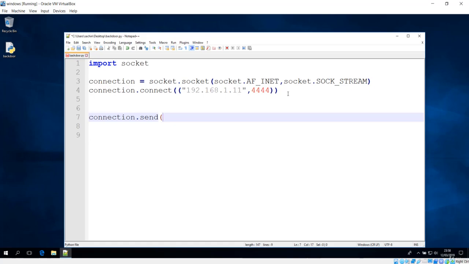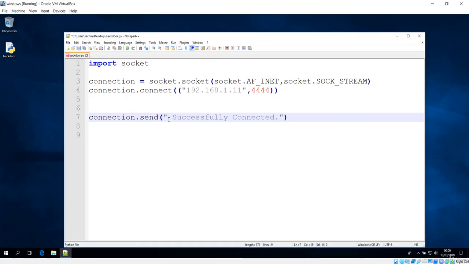I'll just give some information, and I'll say "successfully connected". This will be the message that will be sent to the server. So let's see how this works. I just found that this Notepad++ doesn't support maybe the backward slash, so let's remove this. Let me make this statement saying successfully connected, and give some spaces, maybe this will help.